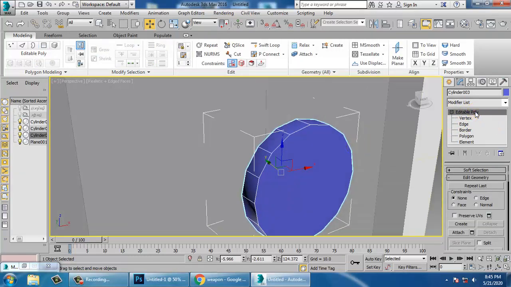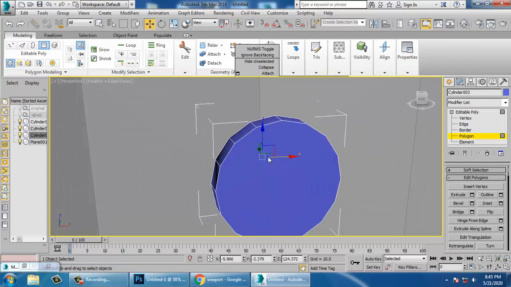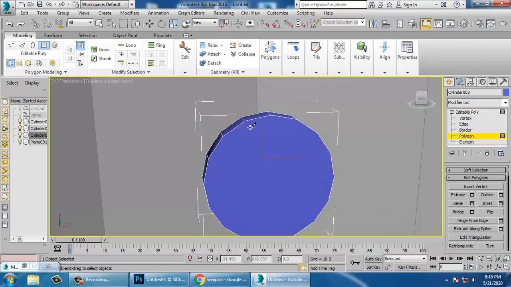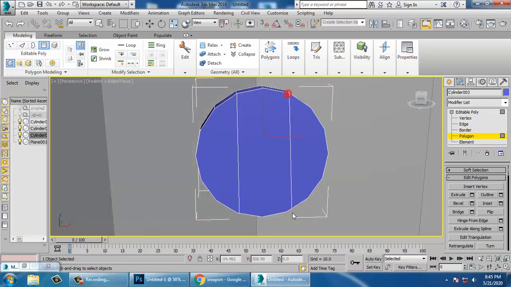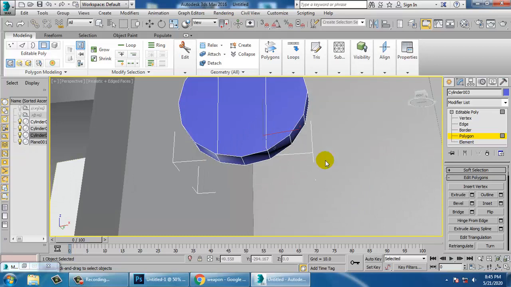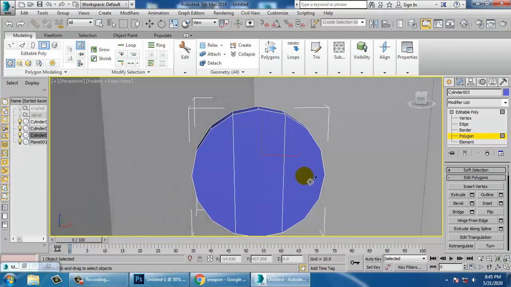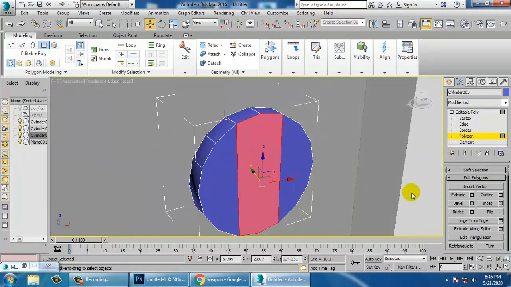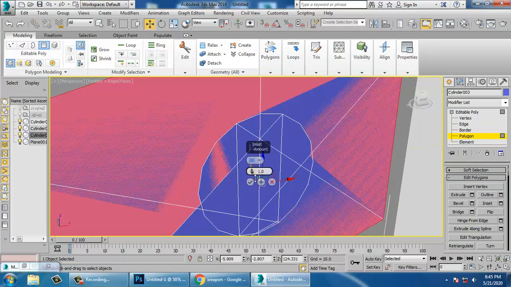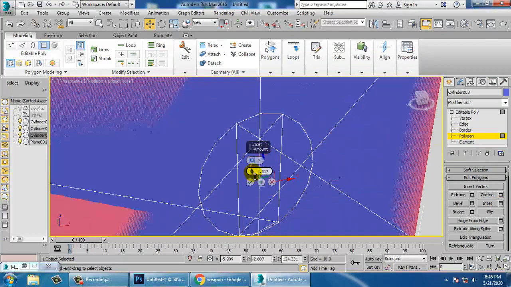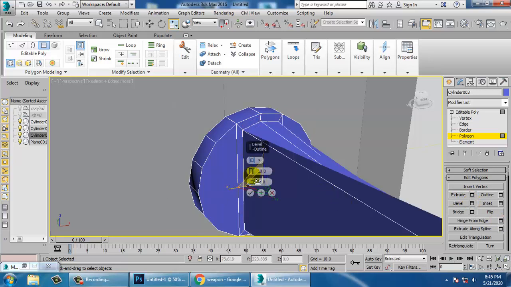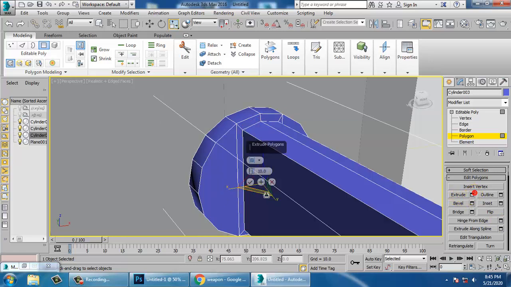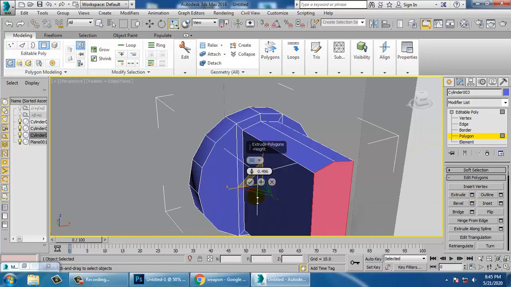Again we'll go into this, take a cut over here. Once you assign the cut option, you can select this and use a bit of inset. You can just inset it, scale it, and you can just bevel it, or you can just extrude this.